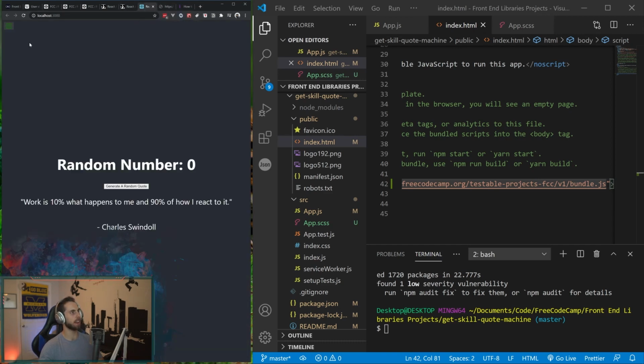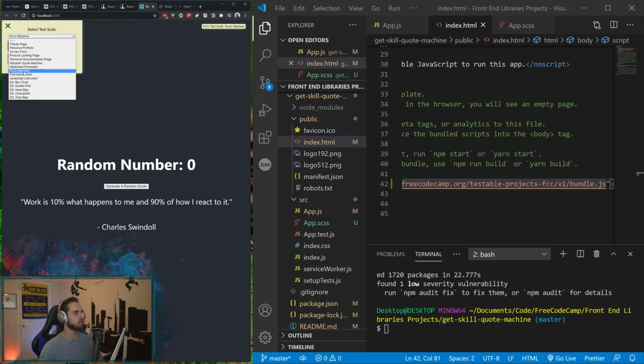Now, we haven't added a lot of the functionality to it, so we're probably gonna fail a lot of the tests, but let's see what we fail first so we can start adding things to it as we go through it. Because we have our functionality down, we could technically call ourselves done at this point. Now we just need to make it so it passes these tests. Run tests. Well, we have 1 out of 10 passed,